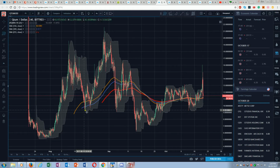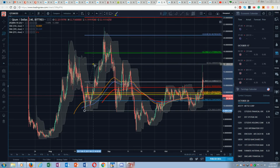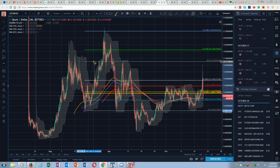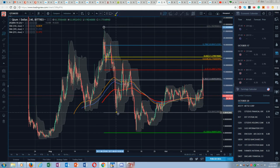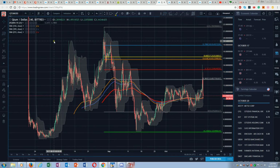If I look here, we had this one. There's the 50, we get to 618. So it's not the prettiest I've ever seen, but look what starts to happen when we start coming down. So I'm going to go from swing high here to swing low. Okay, if you don't think there are algos in this market, then you guys have not been paying attention. Okay, here is the quintessential tick-to-tick algo trade